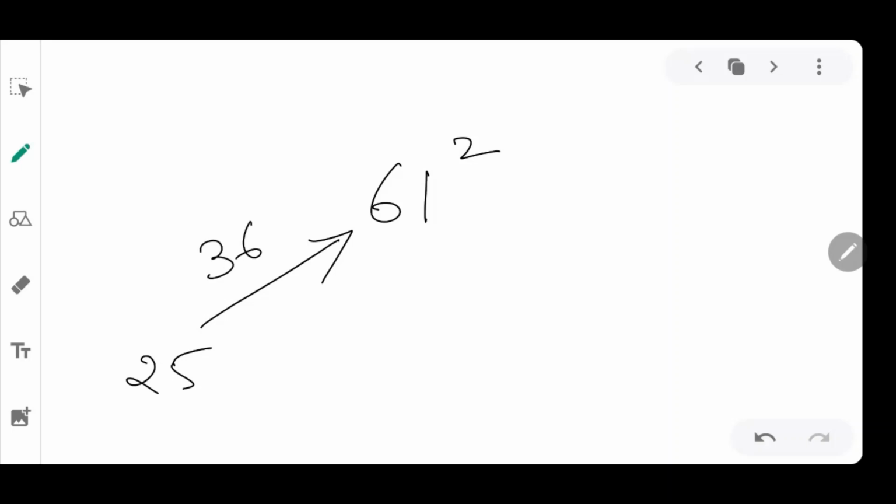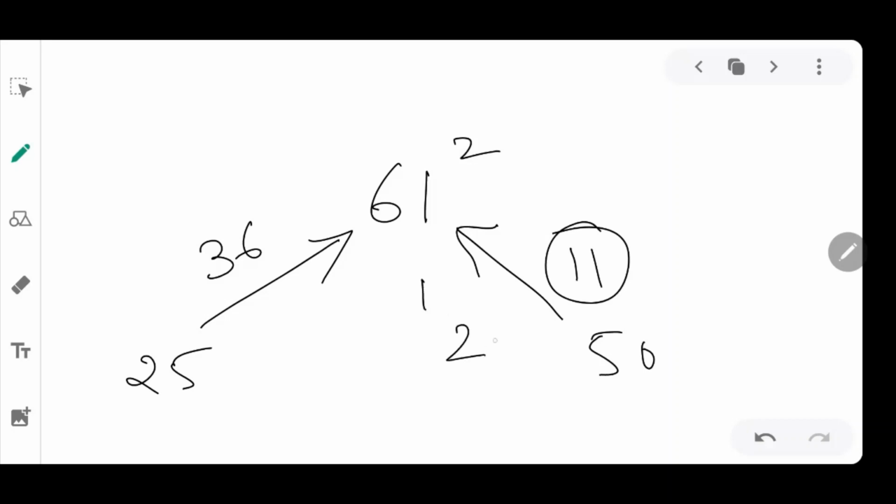Let's take one number greater than 50 also. Let's say 61 square we want to find out. Now from 25 we want to see the difference. Again, same, I'm going to see the difference from 25. It will be 36. Okay. And the difference from 50 is 11. Square of 11 is 121. So 1, 2, 1. 36 plus 1, 37.